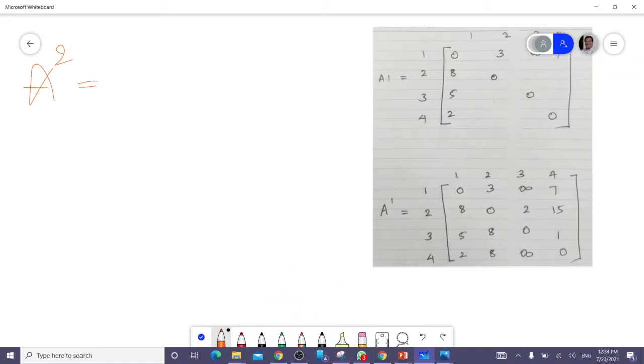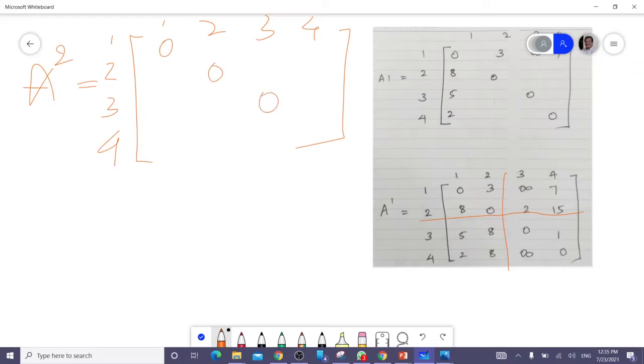So again the matrix, I write 1, 2, 3, 4. Here 1, 2, 3, 4, I just have to write. And same way for A2, keep the second column and second row constant. You write the rest of the things. And diagonal elements 0, 0, 0, 0.